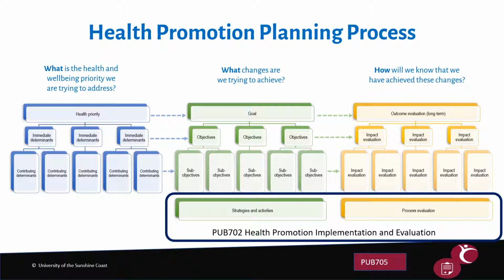So, a little bit closer look at this. Again, the blue part is the health and wellbeing priority analysis. That's the focus of your second task, doing this analysis. We've got our health priorities. Now we need to look at what the immediate and the contributing determinants are. From there, and you can see the arrows, it's like this alignment, we can develop our goal, which is directly related to the health priority. We can develop our objectives, which are directly related to the immediate health determinants,